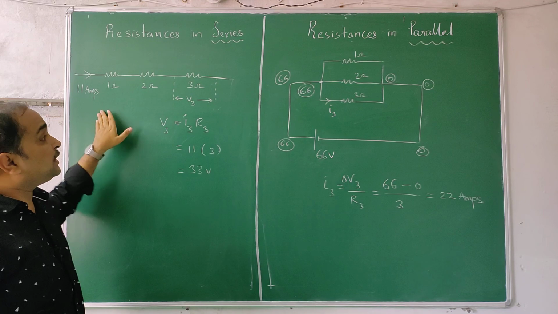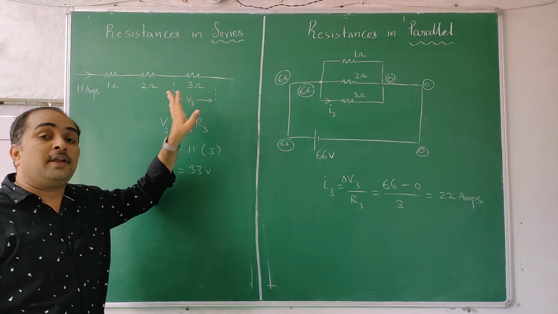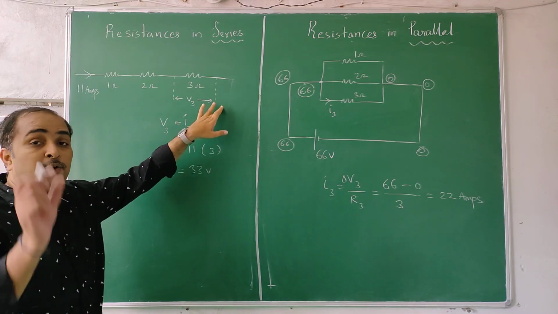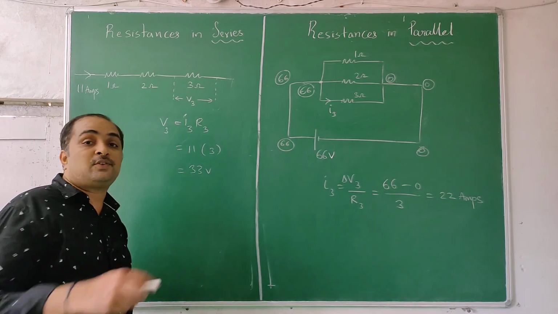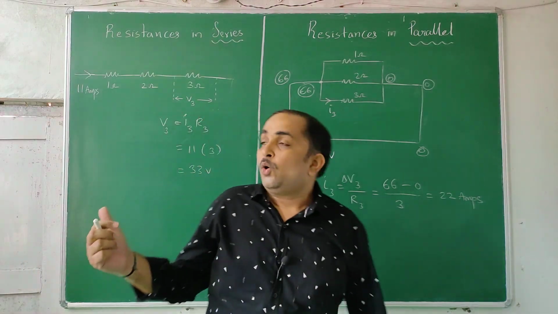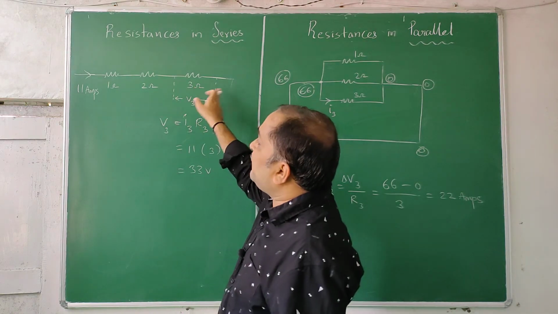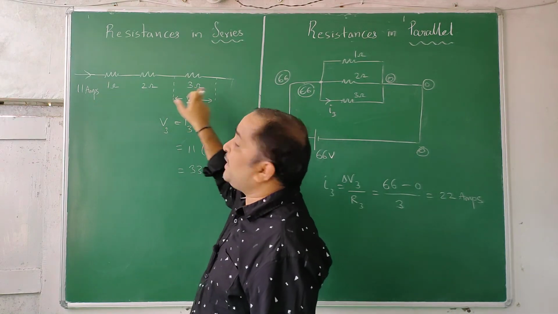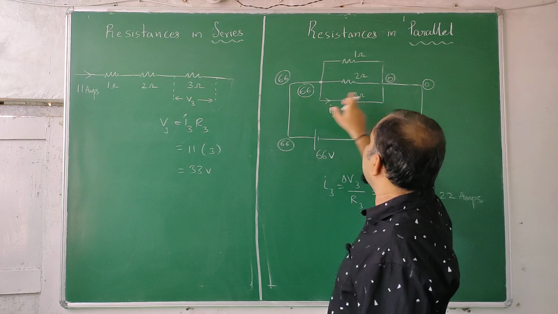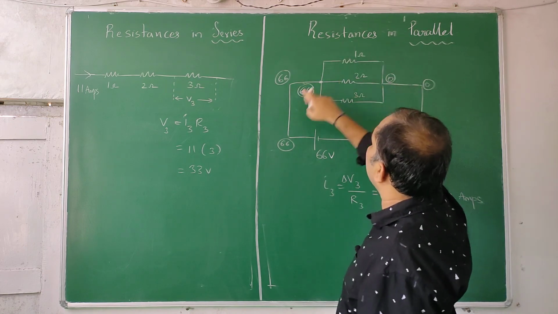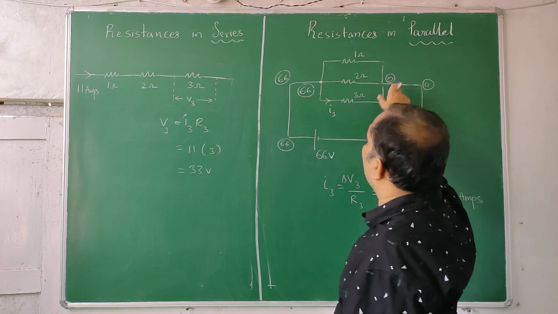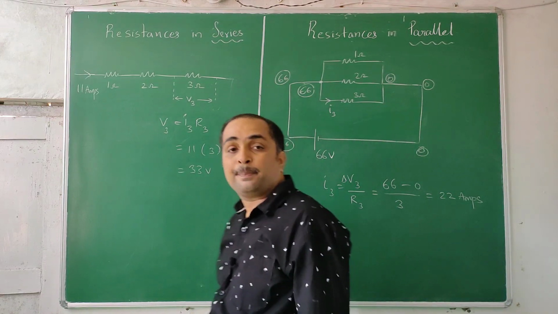But by knowing the potential difference and finding the equivalent potential difference, finding the individual potential difference is a little difficult. Splitting that is called voltage division. This is called current division, which we have done in the previous problem. You are lucky because something is constant and known, so everywhere it is the same. Potential difference is constant everywhere. So 66 minus 0, 66 minus 0 by 1, 66 minus 0 by 2, 66 minus 0 by 3 will give you quick answers.